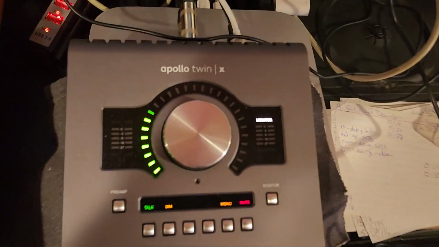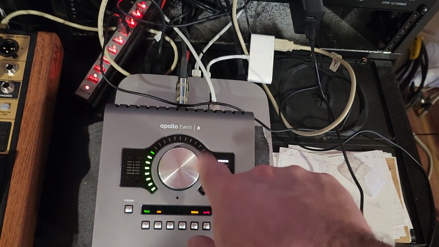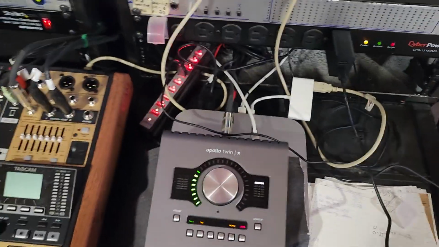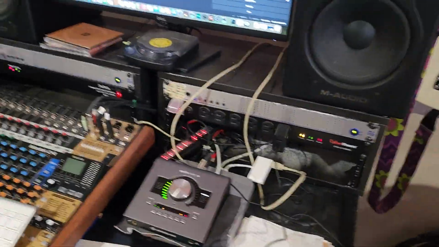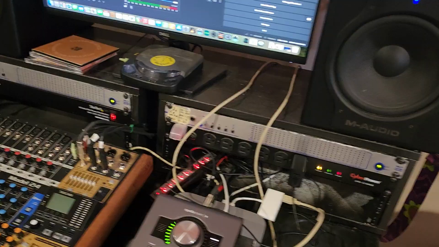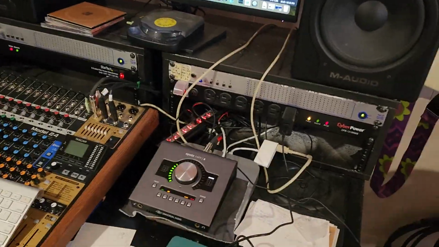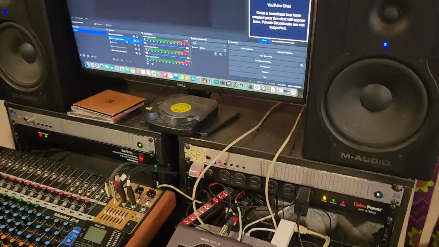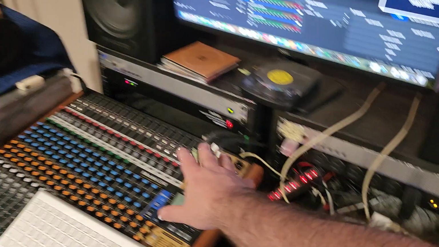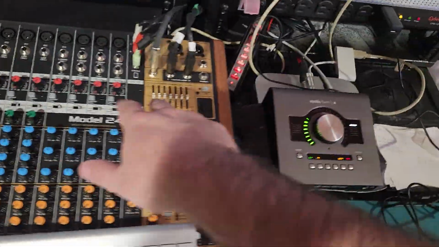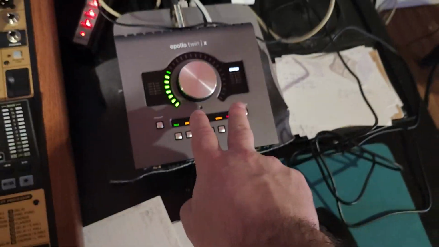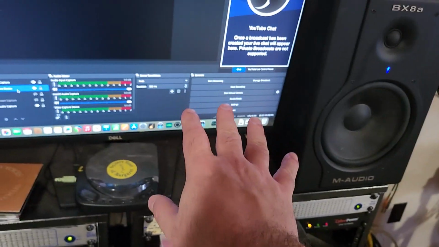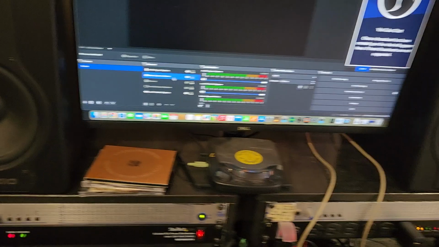And so much for this guy always saying it's low latency. Yeah, you lie. You never low latency. You Apollo twin through a Mac. You never low latency. You say it, but you're not. I think there's other devices out there like the Audient and the Presonus equipment that are more low latency than you lie and pretend you are. But anyway, it was just a nightmare. And I tried it all kinds of different ways. I tried this into this, and then I tried this into this, like literally out and in, and then this as my sound card for my Mac. And then it was a nightmare.